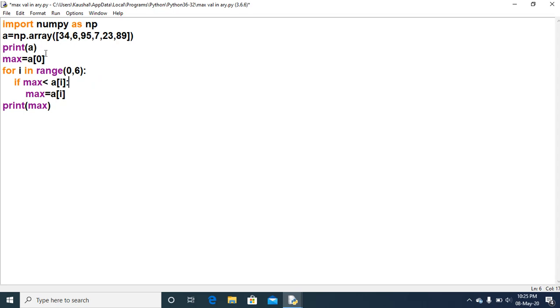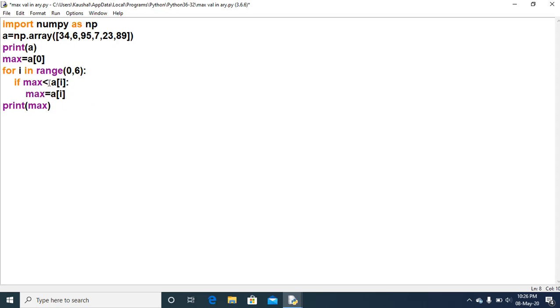Why 34 for max? Because initially I have placed the a of 0 value into max. Just look here: it is a of 0, a of 1, then 2, 3, 4, 5, the index values. So in the first execution, it will check the criteria 34 less than 34. If that condition is true, the a of I value will be stored into max.